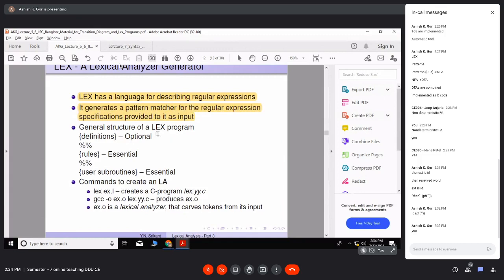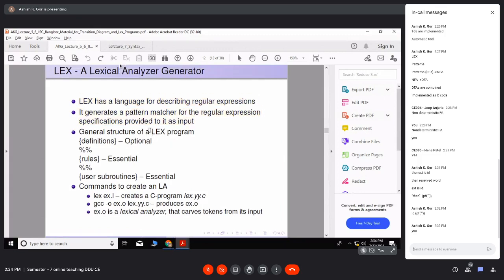Okay, what are the sections of Lex? There are basically three sections. First is the definition section, which is optional. Then between these percentage symbols, there is a rules section, which is the essential, compulsory section. And then the last section is the user subroutine section, where you write some functions.